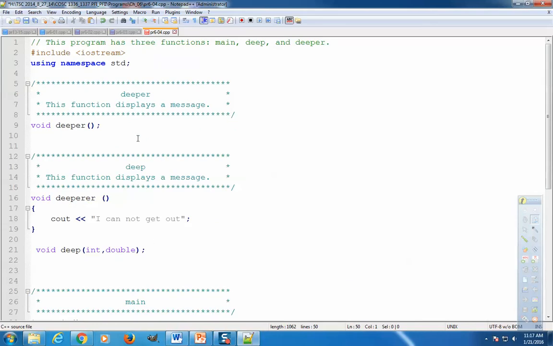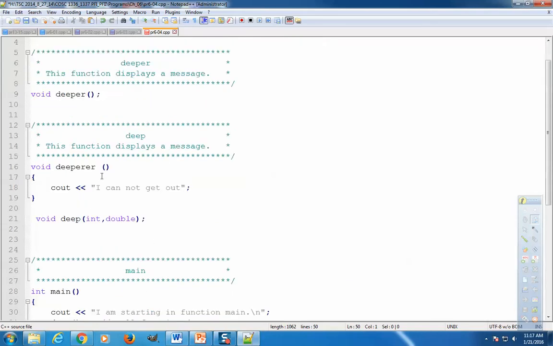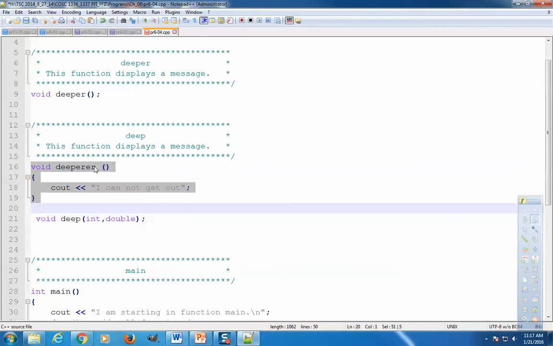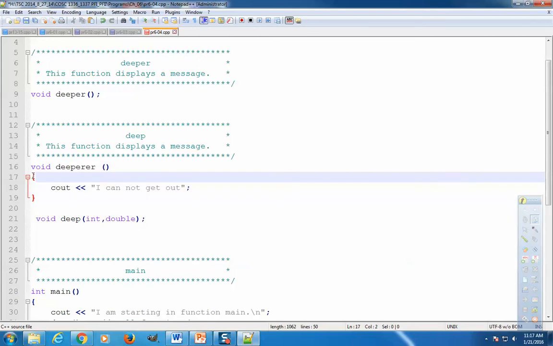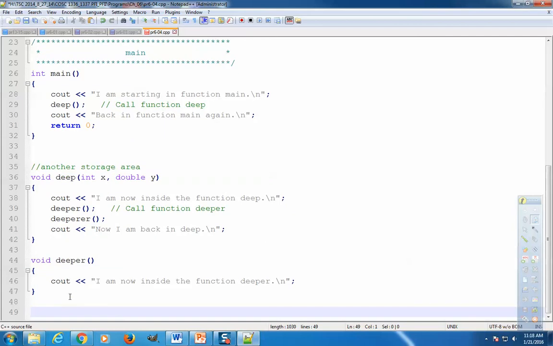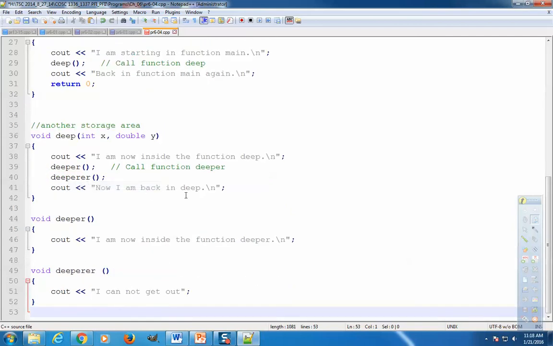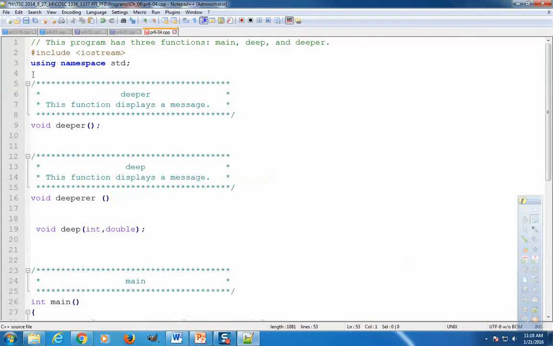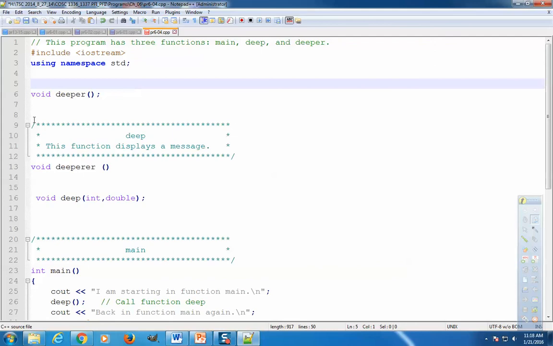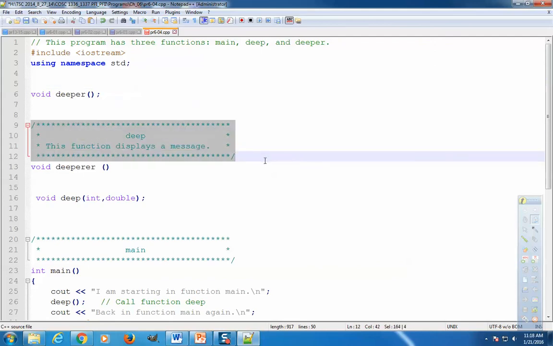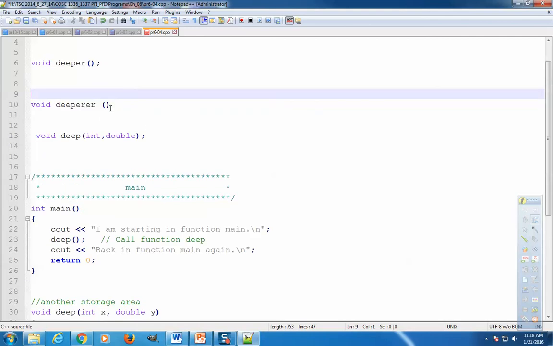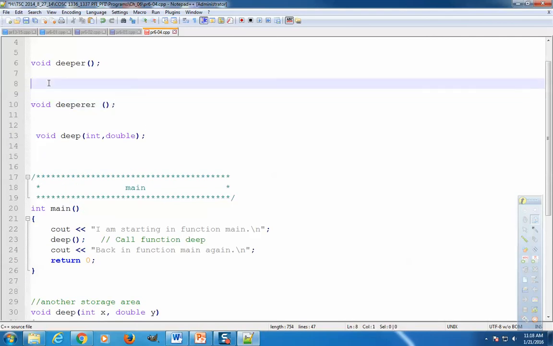The same thing for, let's see, which is the deeper. I'm going to remove everything. And then in another storage area, I'm going to have my deeper. Let me just remove all these comments so that we don't get confused with all this. Yes, thank you. So here we have